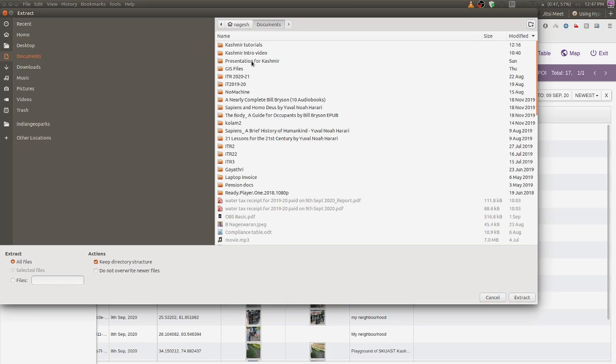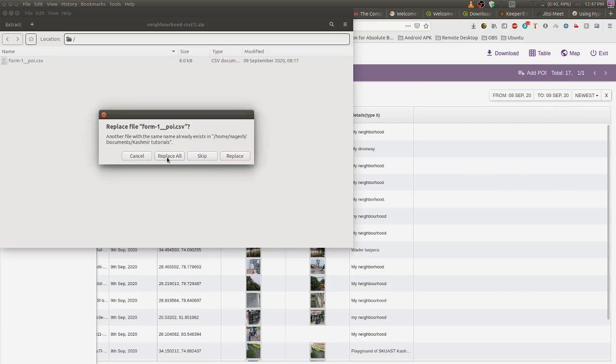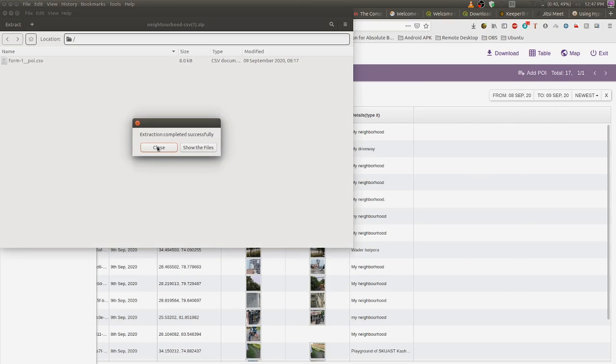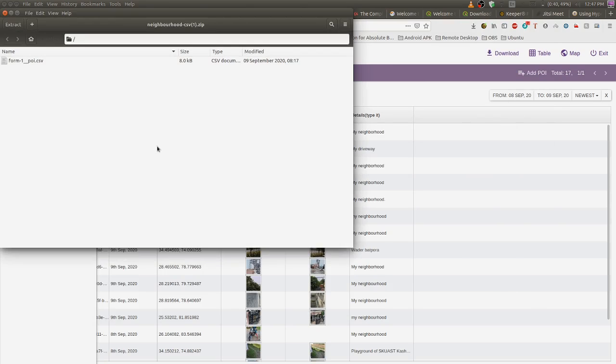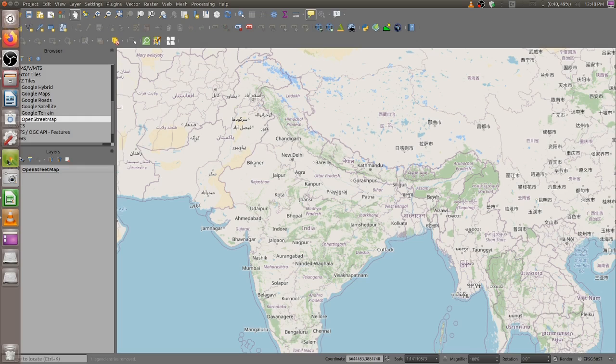I have made a separate folder and put it in this folder where I am going to extract it here. I have already done so, so I will replace it now. So now I can close this, and I will come back to the QGIS desktop.